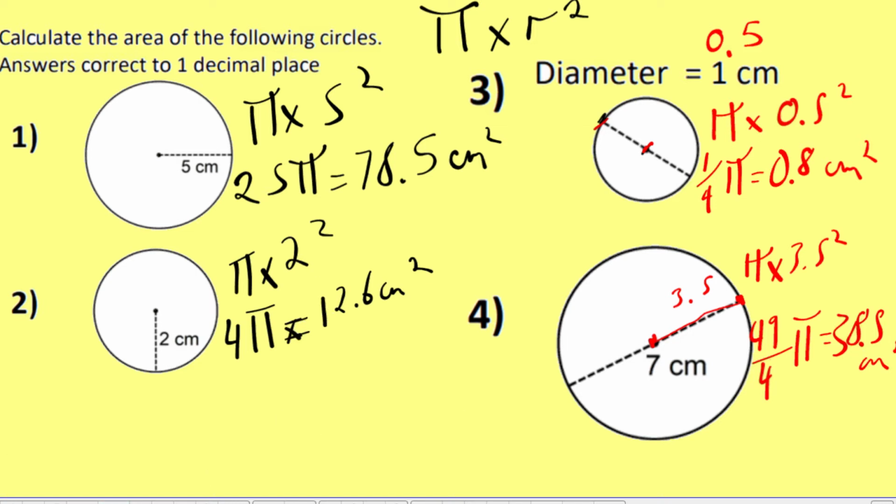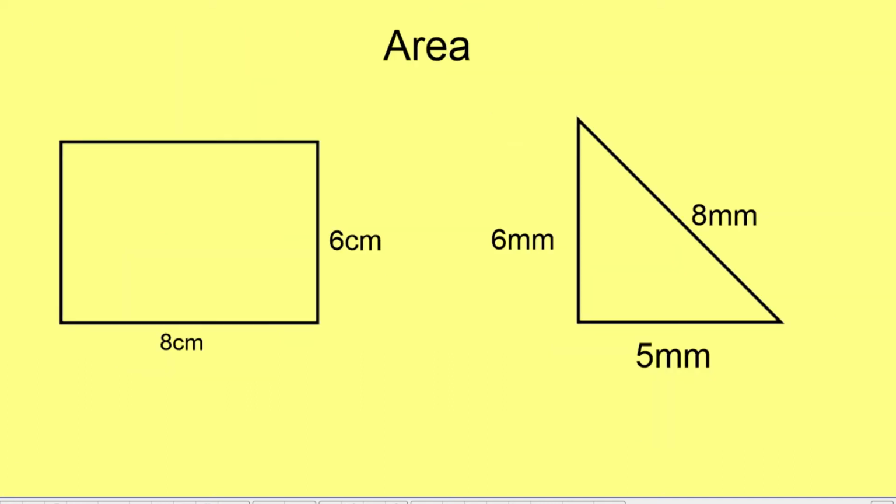Very quickly run through, but you can always go through and watch it again. So next we're going to carry on looking at area, but we're going to be looking at area of a rectangle. So hopefully you can remember the area of a rectangle is length times width, which here the length is 8 and the width is 6. So 8 times 6 is 48